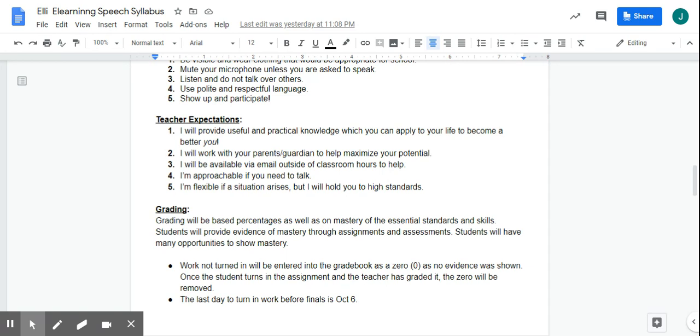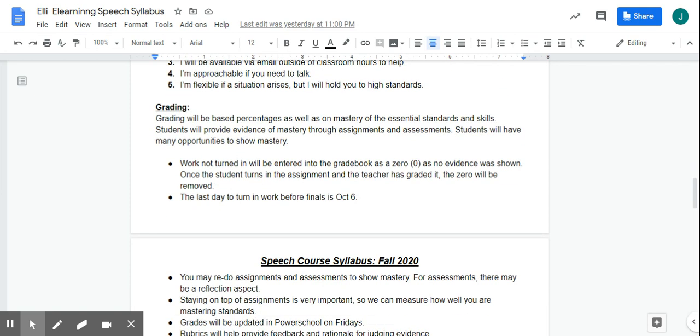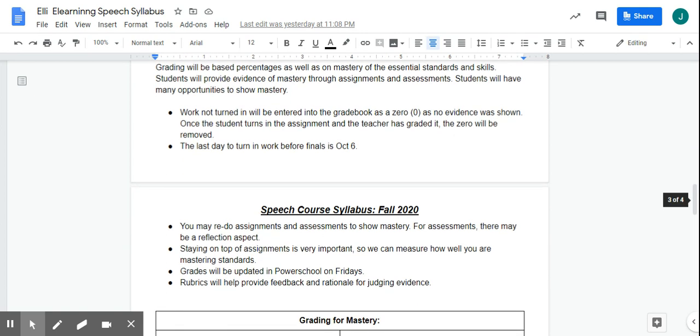Because if I don't put in the 0 and I leave it blank, then you could potentially have a C, but your grade looks like it's an A. So I don't want you to get a false sense of what your grade is. And so that's why I put the 0s there to remind you. It's kind of like saying, hey, don't forget, you need to get this assignment done so that you can maximize your grade, so that it can be as good as it can be.